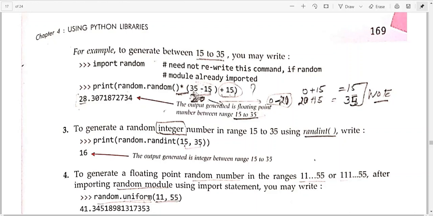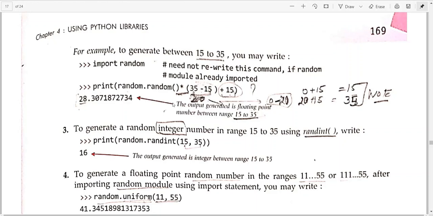Okay, so if it is given like this: upper limit minus lower limit, plus a particular number which is your lower limit. Then 35 minus 15 will be 20. So this 20 will be a variant, because this is a range, these are not numbers. This is a range that I have taken from here.